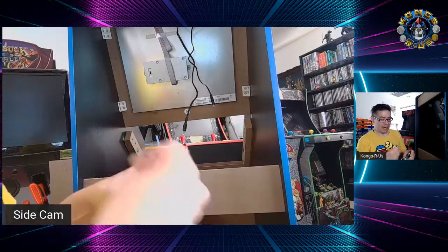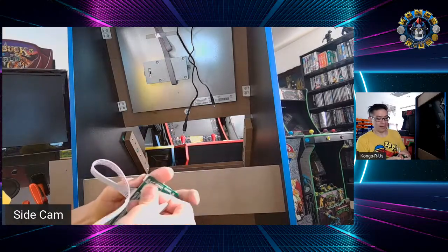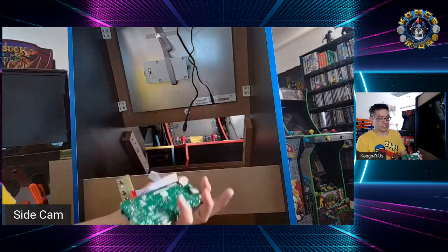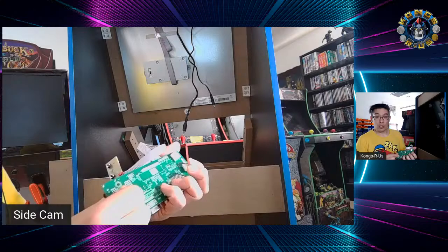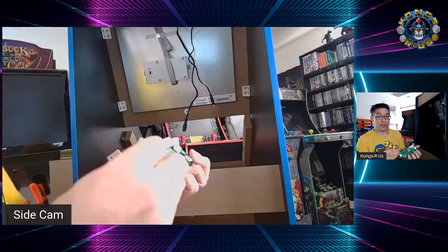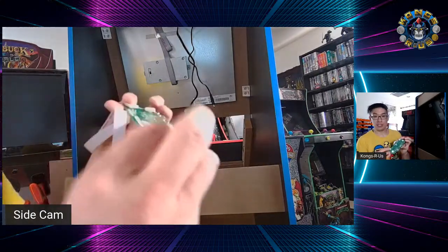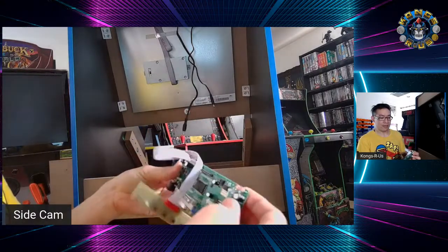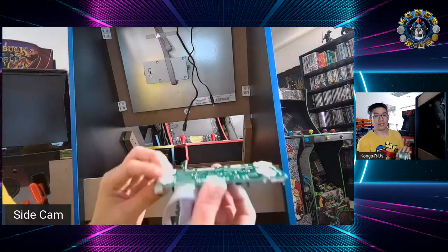And I probably should look up the actual real scientific reason for that, but I don't actually ground the monitor into this, and it still works just fine. So if anybody's technical and is smarter than me and knows whether the correct way is to actually ground it into the board or leave it in the monitor, let me know. I'd love to continue learning with everybody, but for me, I use all 4 PCB feet in here, and then